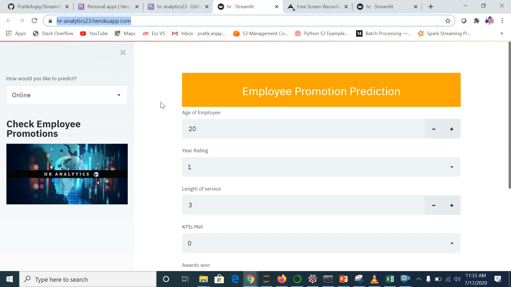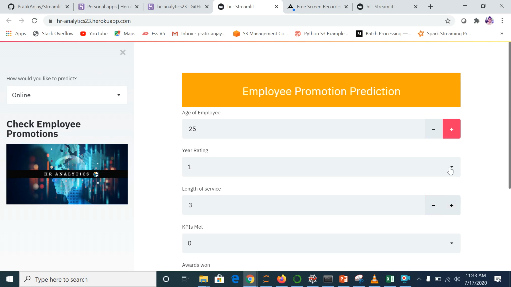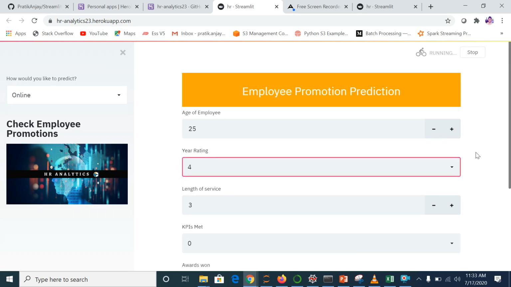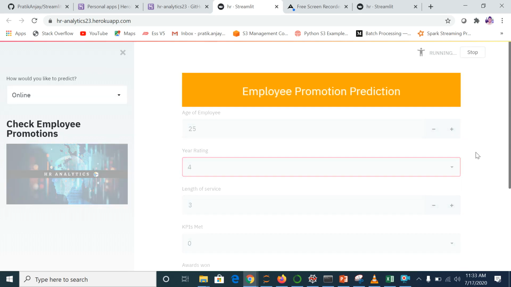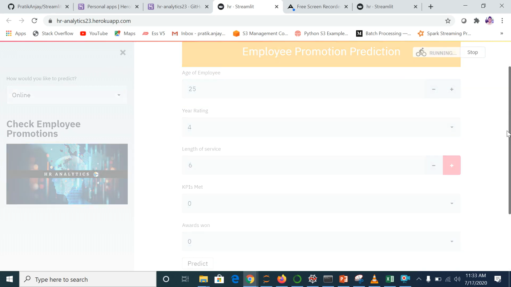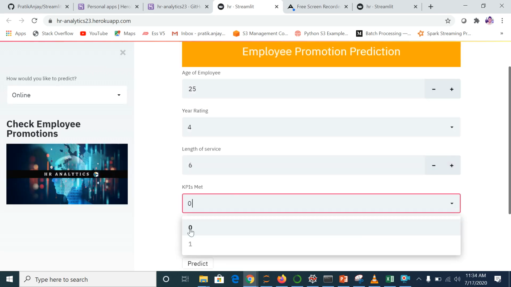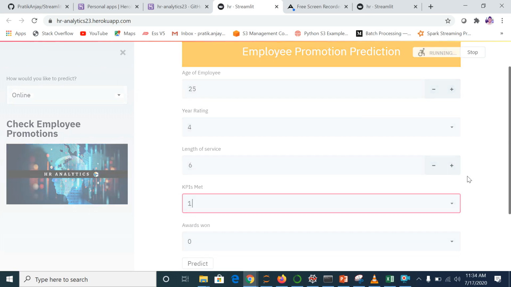Let us check the output for this. For example, I am giving 25 as the age of the employee, the year rating is very good, length of survey 6 years, his rating has met, which means he has met the KPIs.